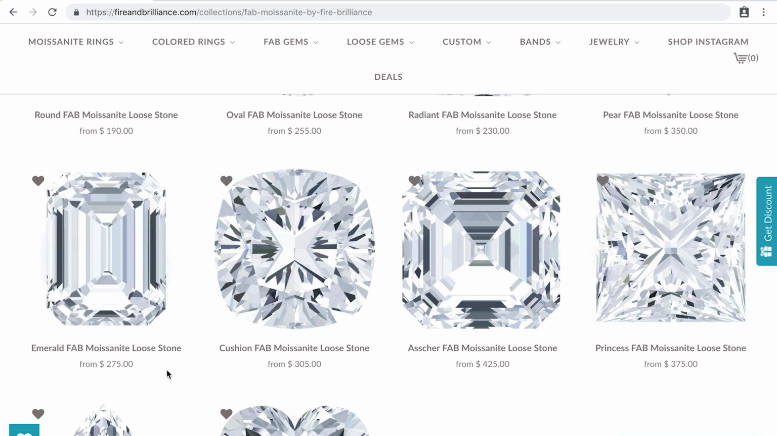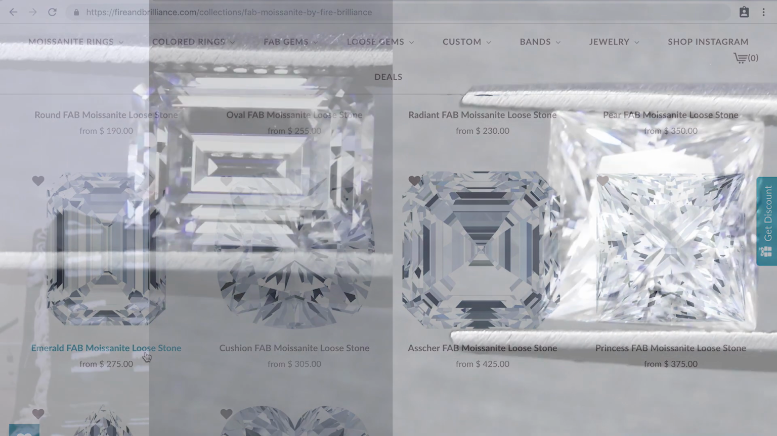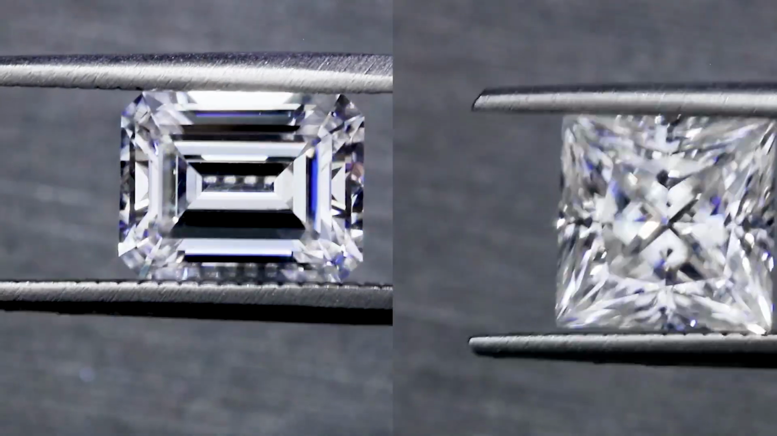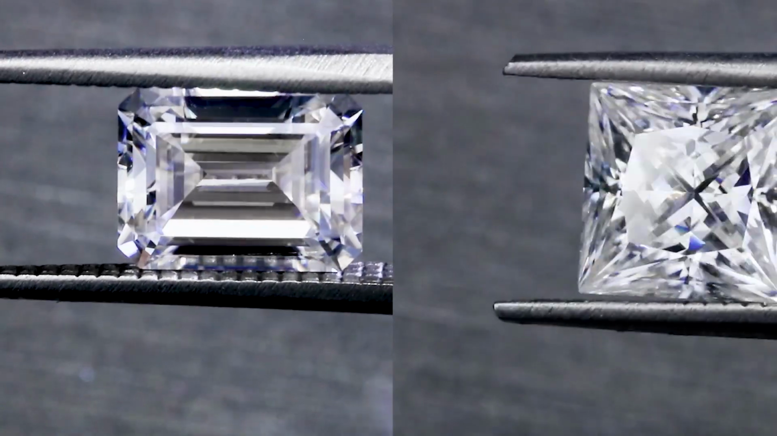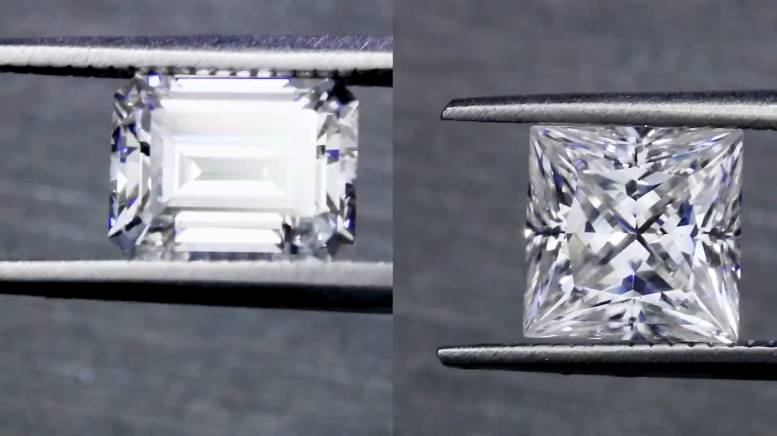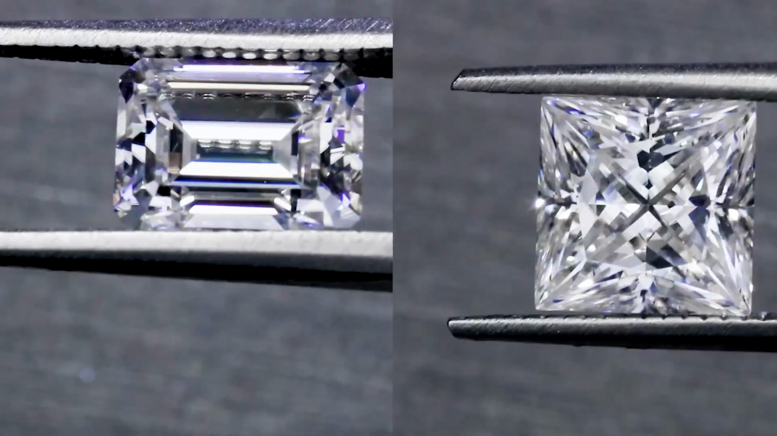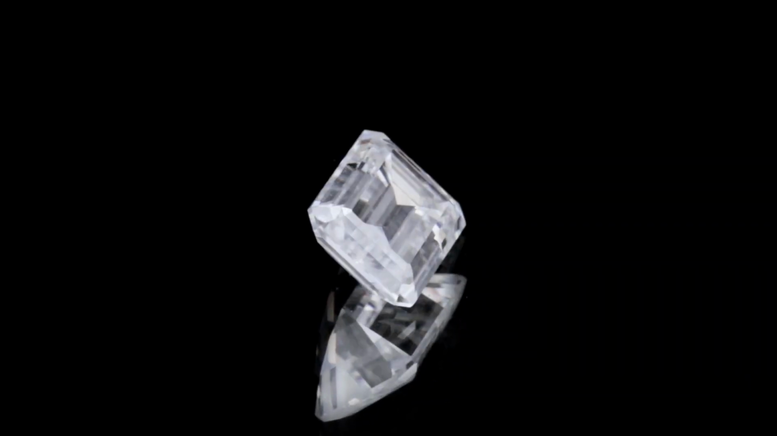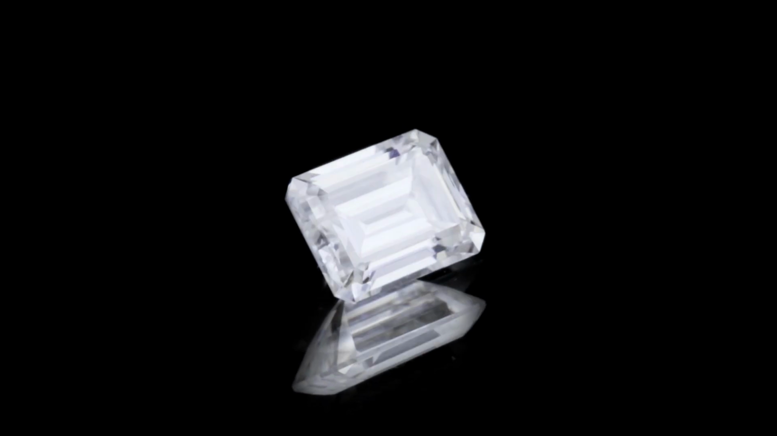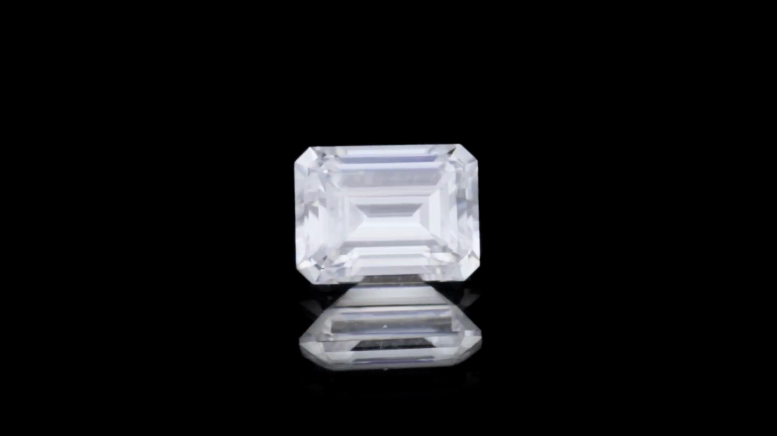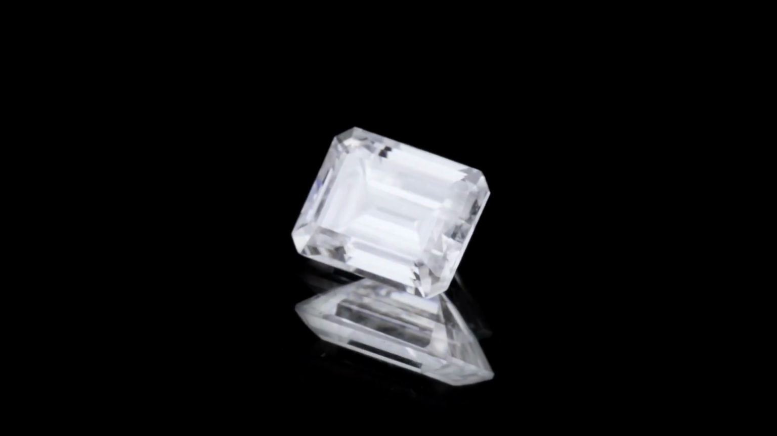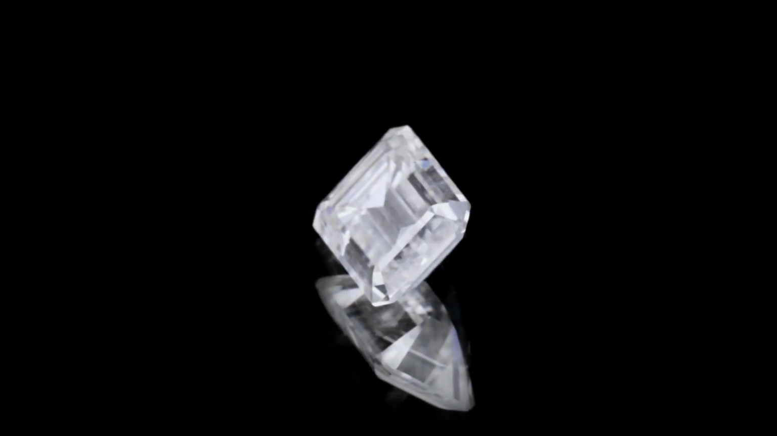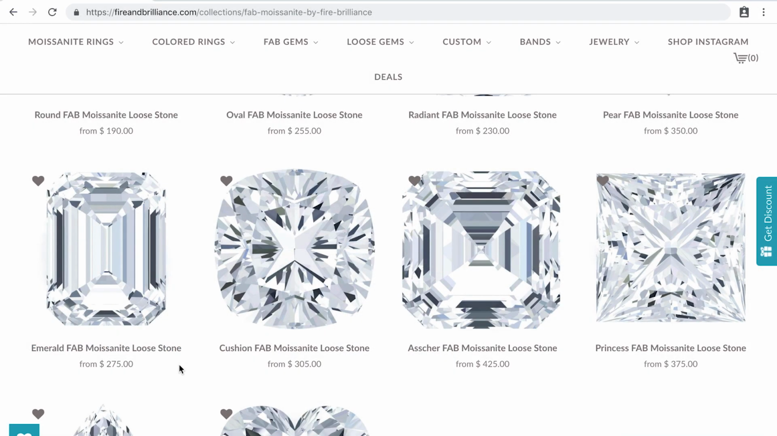And a step cut, the difference between a step cut and a brilliant cut is that it's faceted in a way where it looks like a bunch of stairways. Okay, so the facets are parallel to the edges of the stones. So in other words, if you take a look into the stone, it looks like a bunch of steps, right? So the emerald is an elongated step cut,